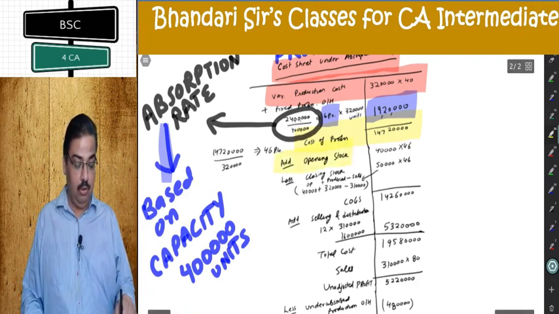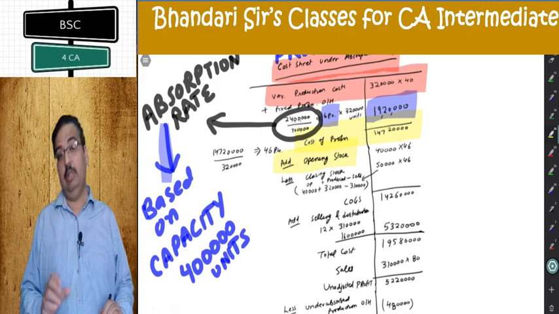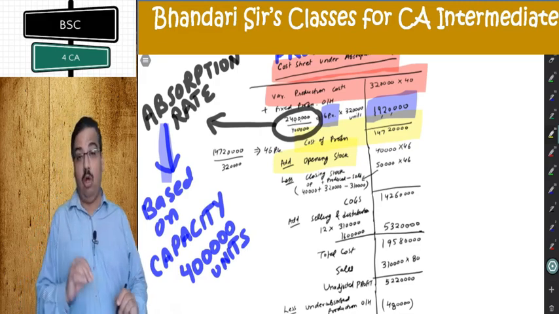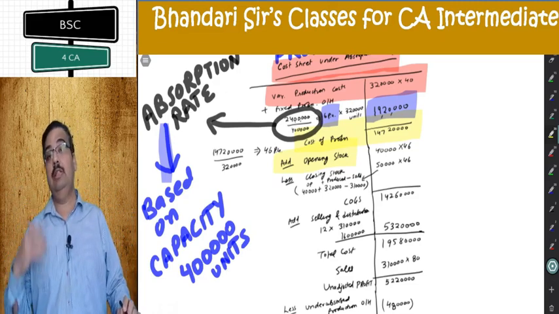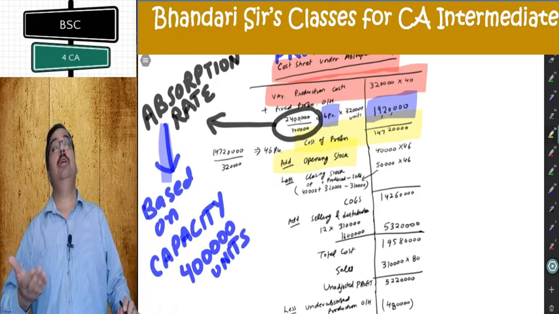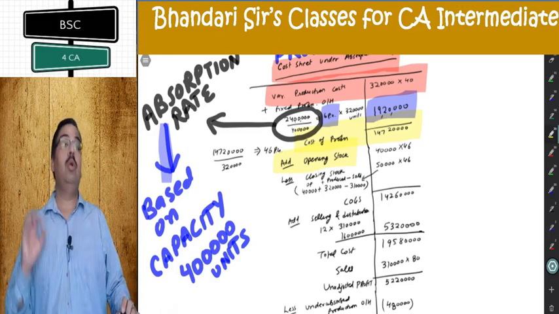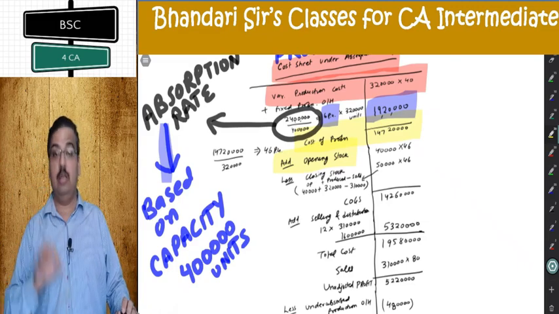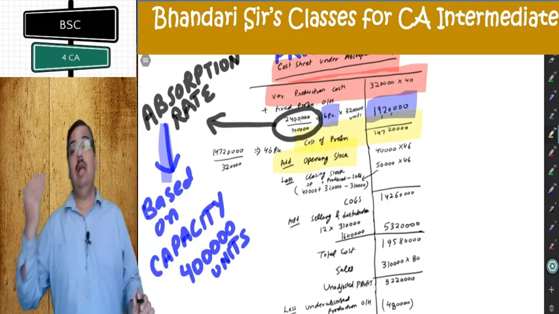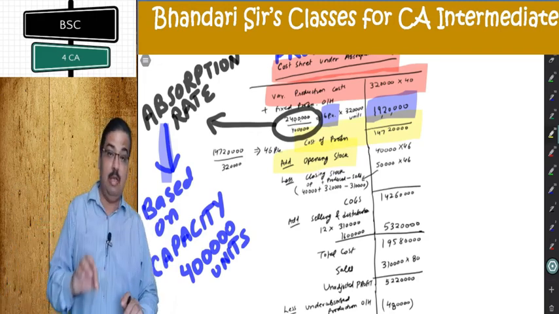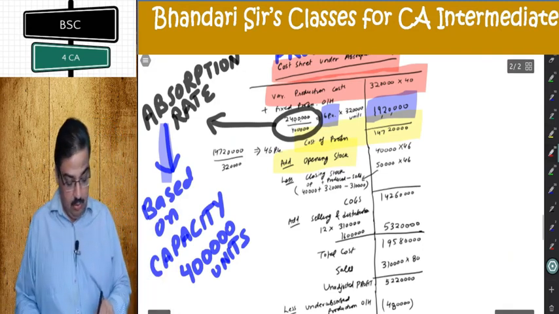Add opening stock. Now opening stock as well as closing stock, they are based on same cost because last year cost data is not known. If I were given last year data, opening stock is based on last year cost, closing stock is based on current year cost. Could have been weighted average method, FIFO method, whatever. But in given case, in absence of information, last year cost is presumed to be same as current year cost. So current year cost per unit computed here, you can see here.